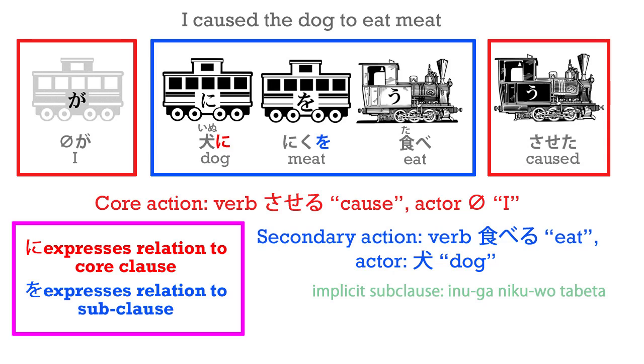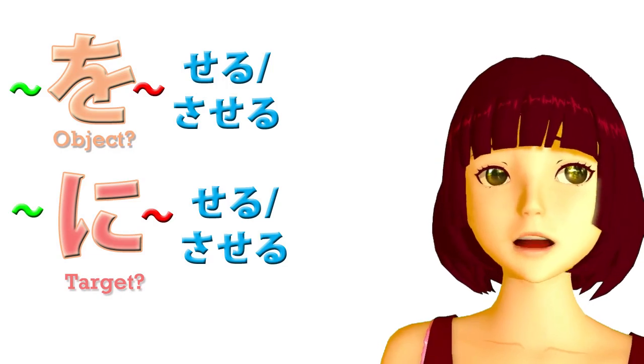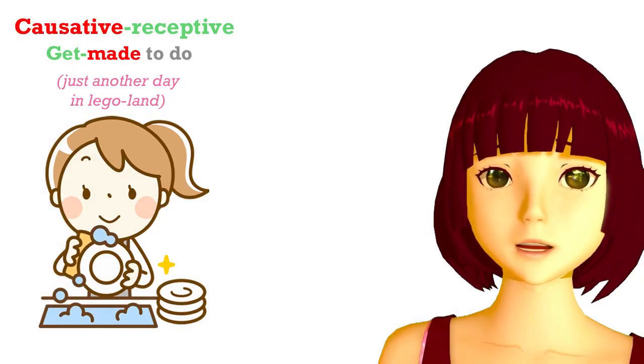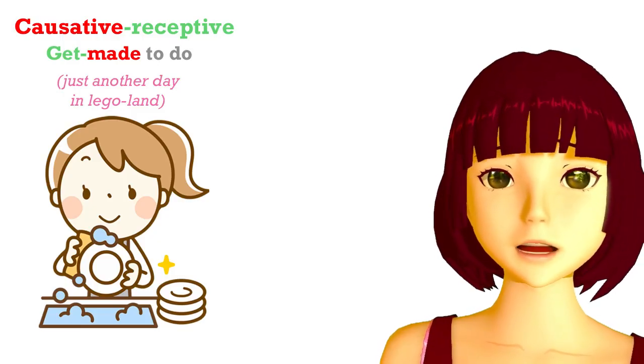As it is, we always know that in a seru saseru sentence, a causative sentence, which also has an object of the action itself, that object will always be marked by an o, and the target or object of the causation, the thing being made to do something, or allowed to do something, or facilitated in doing something, will be marked by ni. Now that I think is the most complicated aspect of the whole thing, and it's not really very difficult, is it?